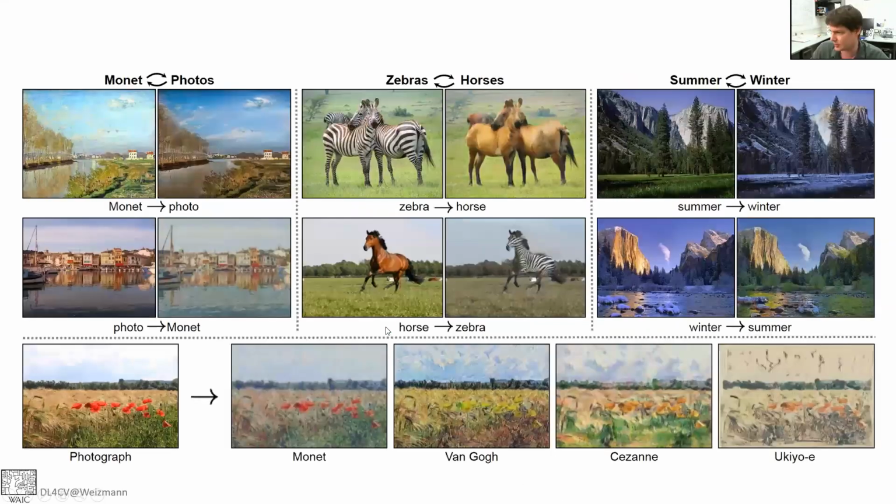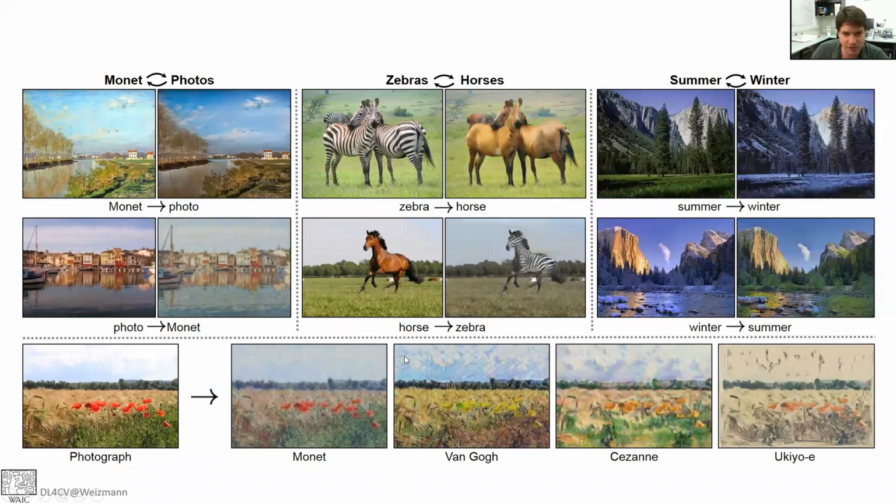So there I said this, and here are some results. You can see, you can take a picture by Monet or a realistic photo. Here are the horses and zebras. You have this really cool winter to summer, and you have this artistic thing of taking photographs and transforming them to a lot of painters, Monet, Van Gogh, Cézanne. I never know how to pronounce this Japanese painter's name. And